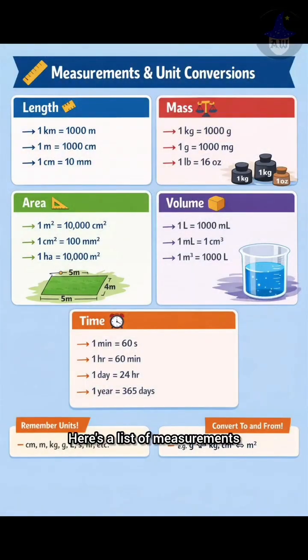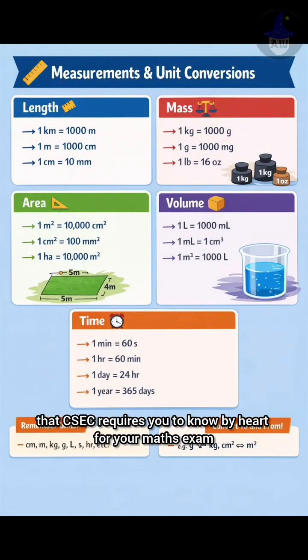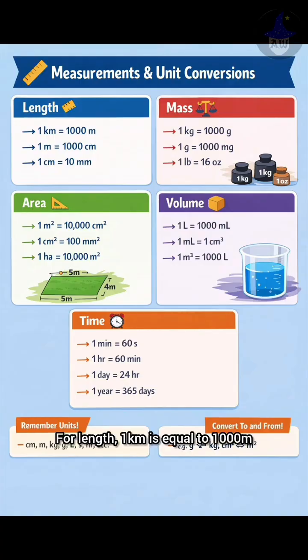Here's a list of measurements and unit conversions that CSEC requires you to know by heart for your maths exam. For length, 1 kilometer is equal to 1000 meters, 1 meter is equal to 1000 centimeters, 1 centimeter is equal to 10 millimeters. For mass, 1 kilogram is equal to 1000 grams, 1 gram is equal to 1000 milligrams, 1